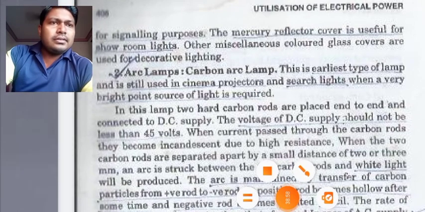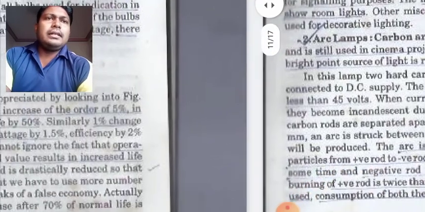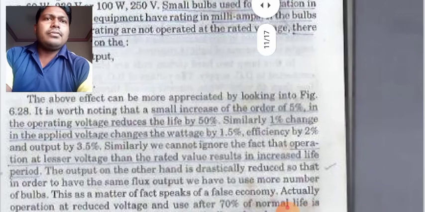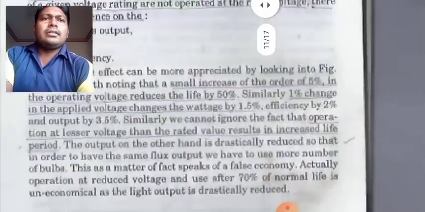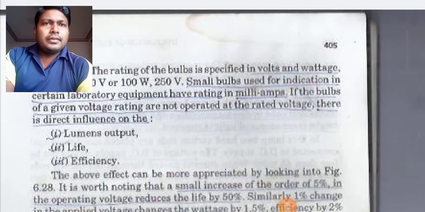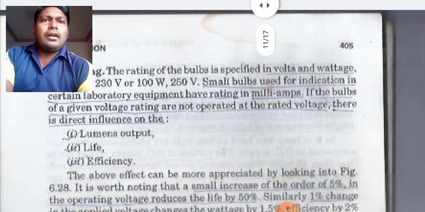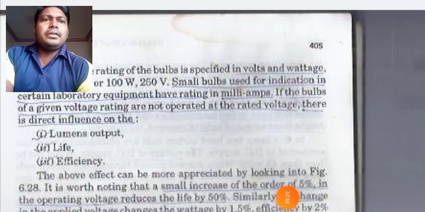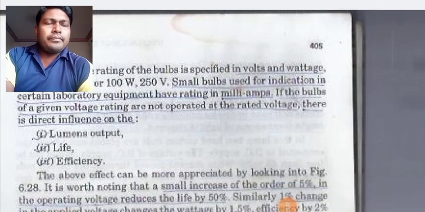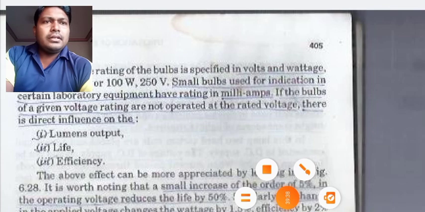So students, this was for your incandescent lamps. You should go through this, because it is very frequently asked in your exams, so you should be able to answer it. Also you should draw a neat diagram of this incandescent lamp and label it, and the properties which I have already shown, how the output will be and how its life will be affected, all those things you should go through and make notes, and we will discuss its properties in our coming class. Thank you.